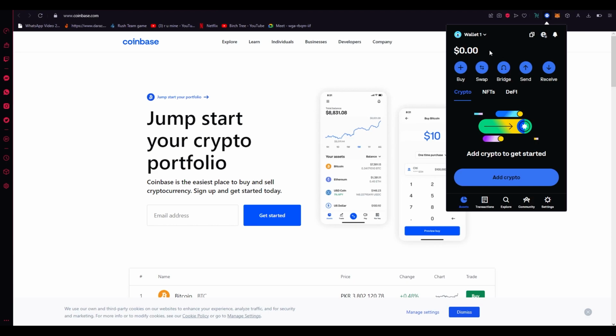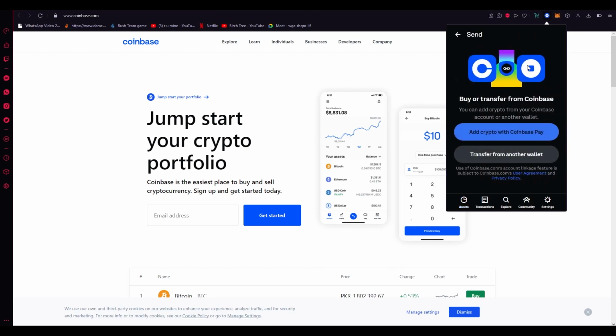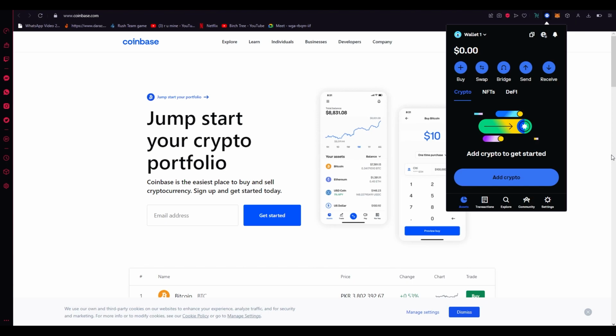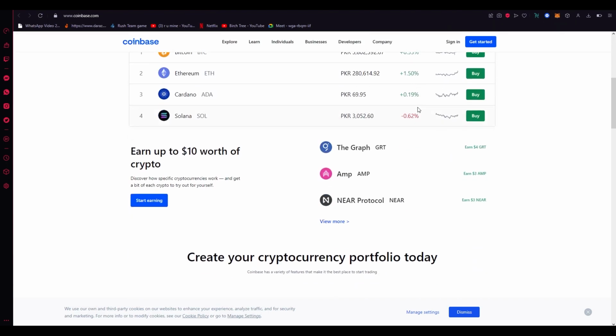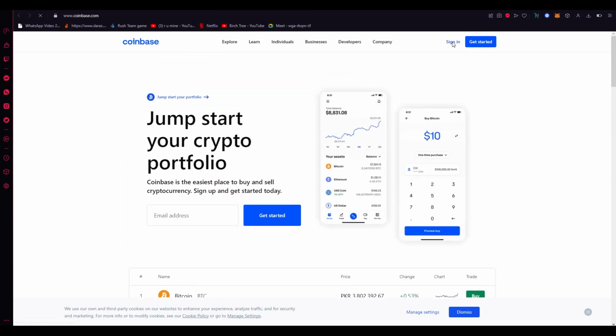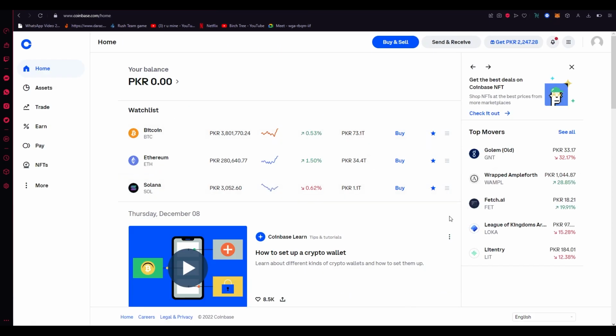Now, once I have those funds, I can send it to another wallet, or let's say another fund transfer, but obviously I can't send it to a bank account. So to send it to your bank account, all you need to do is sign yourselves in. I'm going to do that really quick. Now, once you're here and you're logged in to your account, what you're going to need to do is, obviously